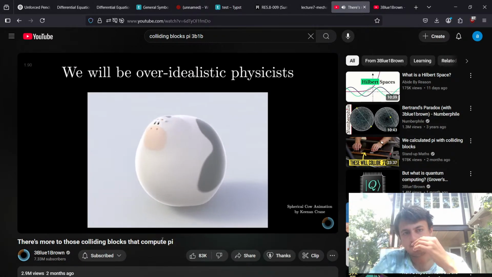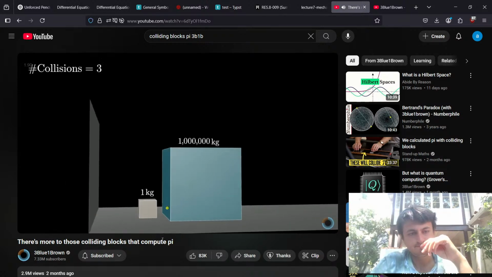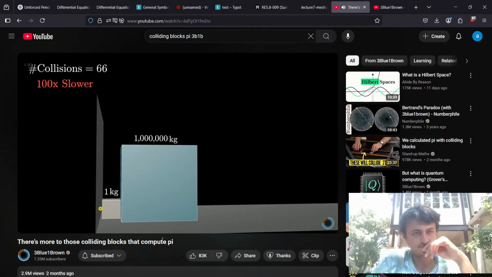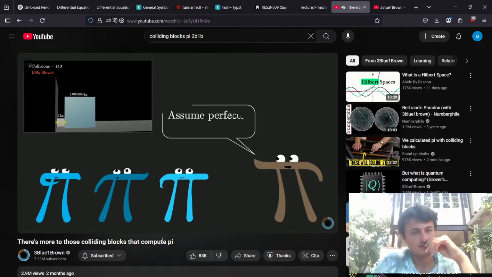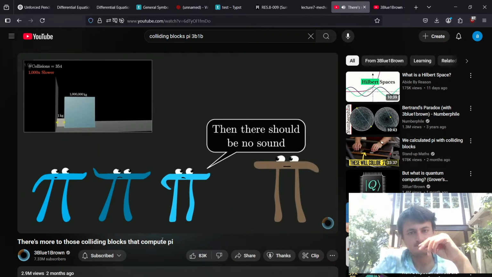I do want to highlight a couple unrealistic things about this puzzle, the kind of nuances you can't fit into a short. When this big mass is growing, that burst of collisions in the middle just gets more and more concentrated. So in order to get the delightful result here, we have to make a number of idealizing assumptions. One assumption is that no energy is lost in the collisions. Physicists would call those perfectly elastic collisions, and the astute viewers would then be raising their hands and complaining, well, hang on, shouldn't that mean that we don't hear